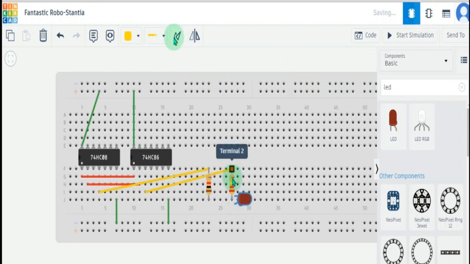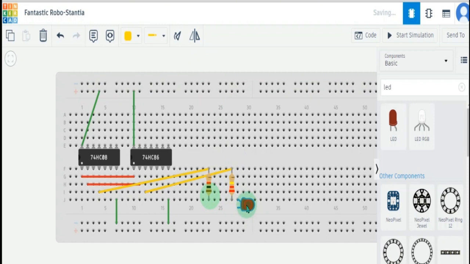This tool is used to rotate any object, and this tool is used to invert any object. The LED pin which is bent is the positive terminal, so we have to connect it to the resistor.